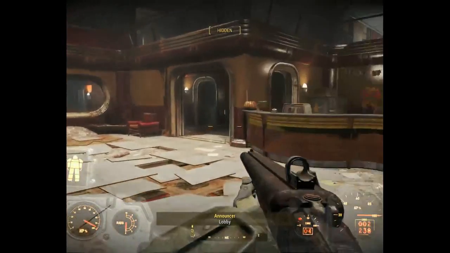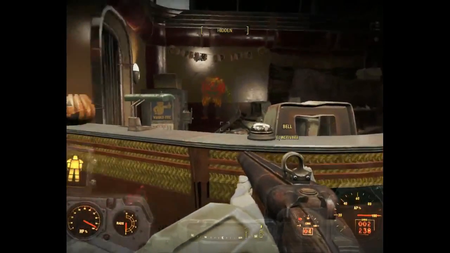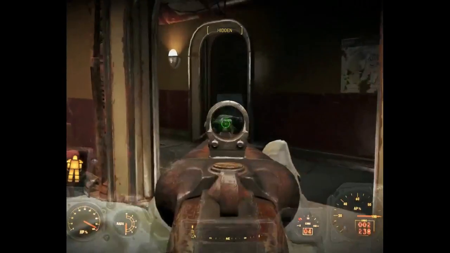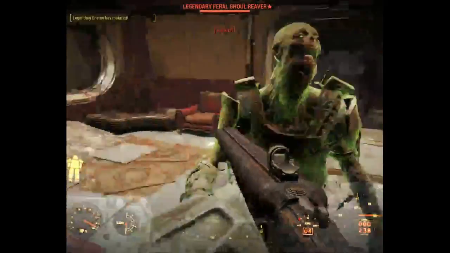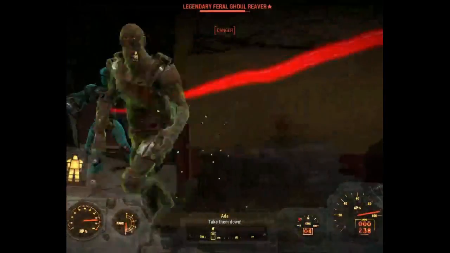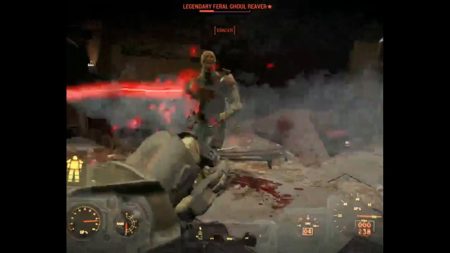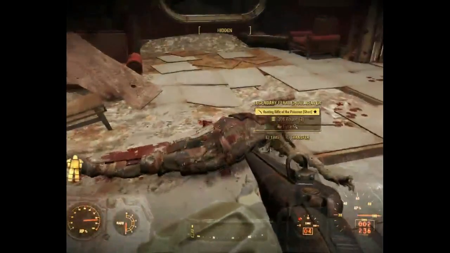So, I happen to know where there's a couple of ghouls in here. The quickest way to find them? Ring the bell. There's that guy, and then... Whoa! Hello! Take them down. Yes. No. Well, a little bit, but...